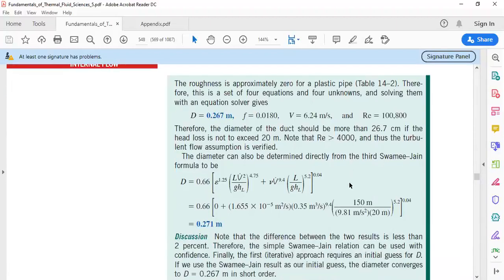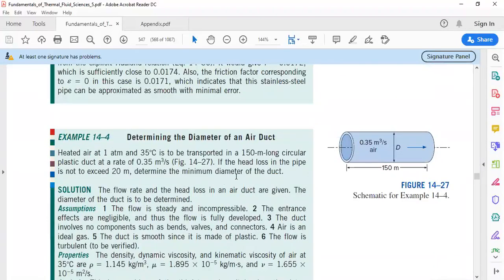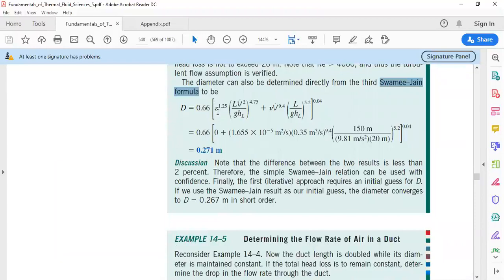Or what we can do is use the Swamee-Jain formula that we showed you in the previous lecture, which is this formula. Since we have all these parameters provided, we can calculate the diameter and find it to be 0.271. It's mentioned here that this is a smooth pipe, and that's why the roughness here is substituted to be 0. Okay,